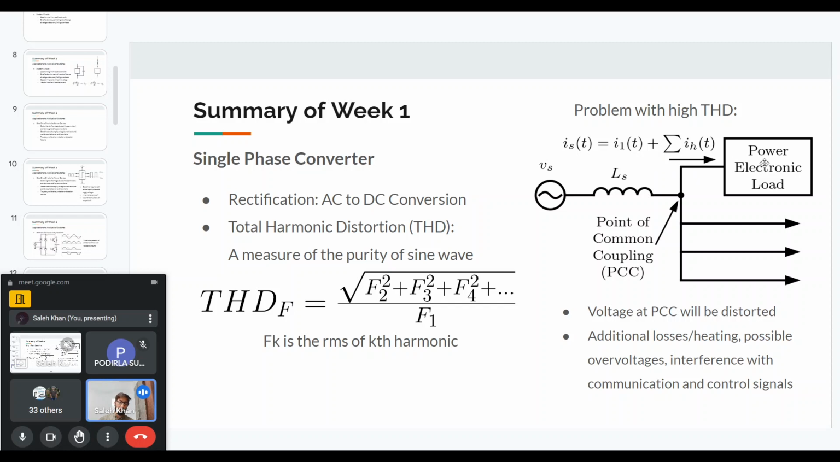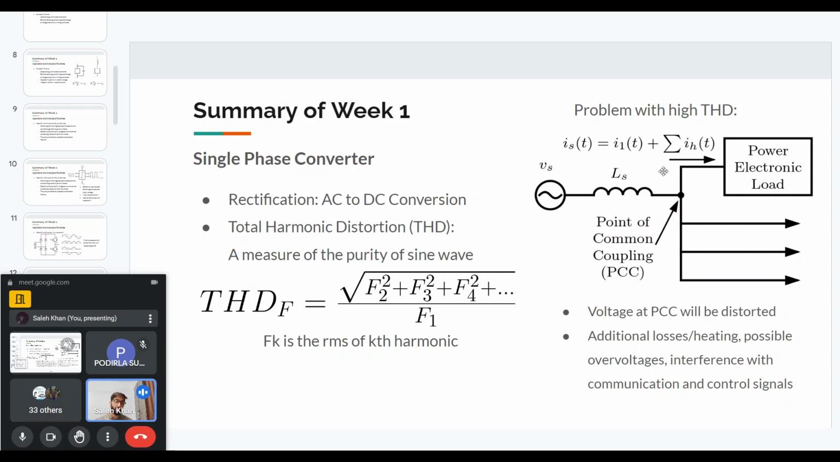So that means the current that is passing through here will have a fundamental component as well as high harmonic components. And at this point of common coupling, the PCC, multiple loads are connected. So because of this IS current, which has high THD, there will be a voltage drop across this impedance LS. And since the IS current has high harmonic components, the voltage drop will have a fundamental drop as well